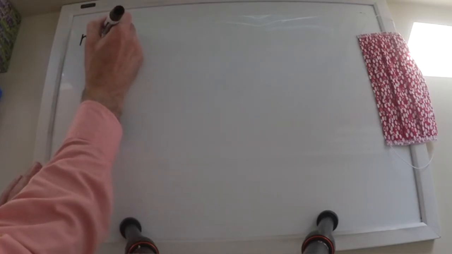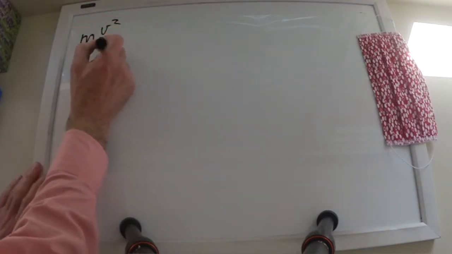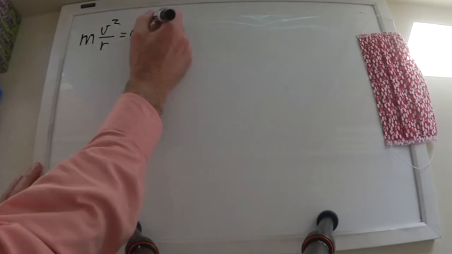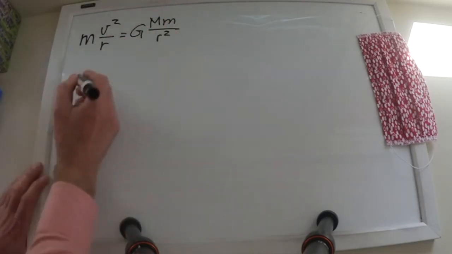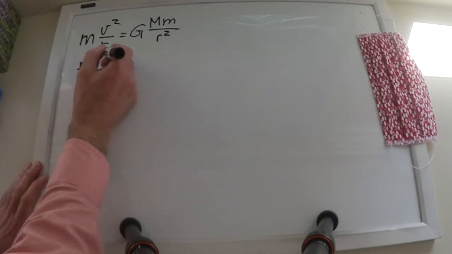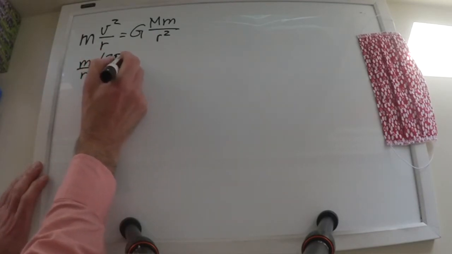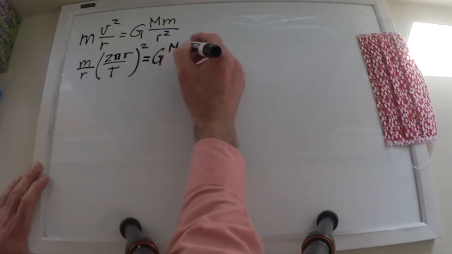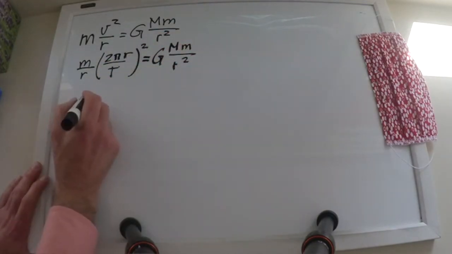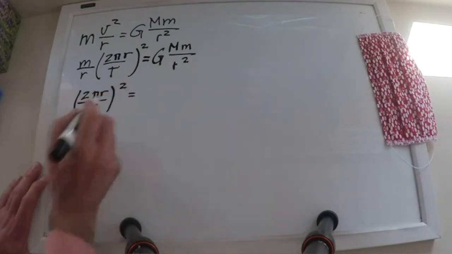From Kepler's third law, we can find a relationship between the radius of the orbit of the planet and the mass of the star. The centripetal force experienced by the planet is mv squared over r. The gravitational force is GMm' over r squared. Using the fact that the speed is 2 pi r over T, being T the period of the orbital motion of the planet around the star, solving for the radius of the orbit r,